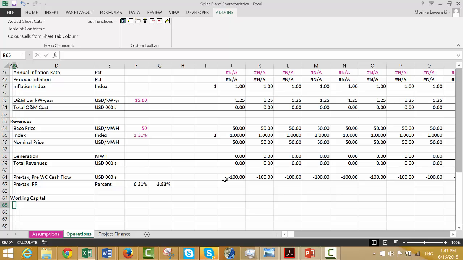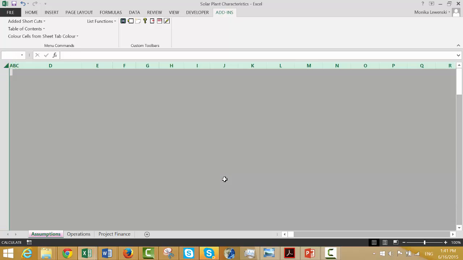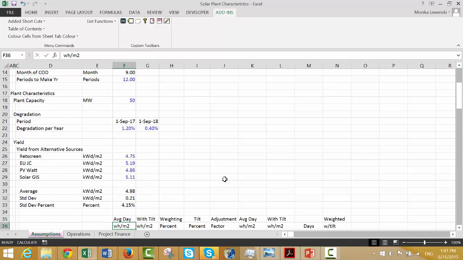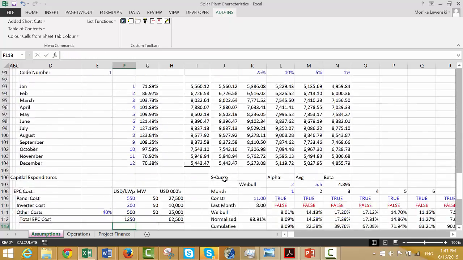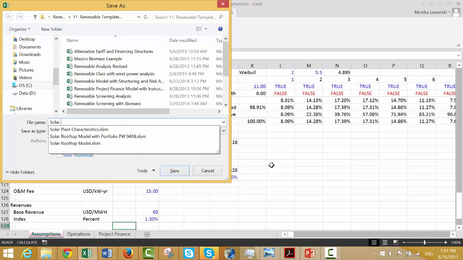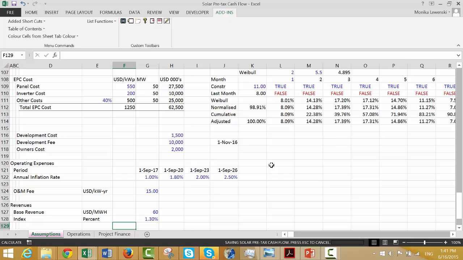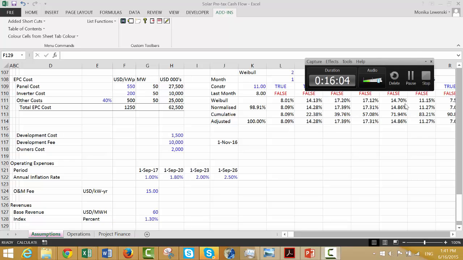It would be a very, very long formula, so I think I'm going to make a function for this. Again, you might think, oh, this idiot's addicted to these user-defined Excel functions, but I think that's the kind of solution. So I'm going to save this one for now, and let's call this solar pre-tax cash flow, and then in the next video we'll go through the